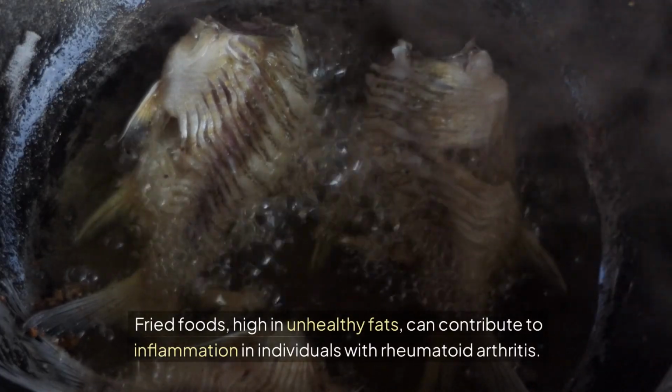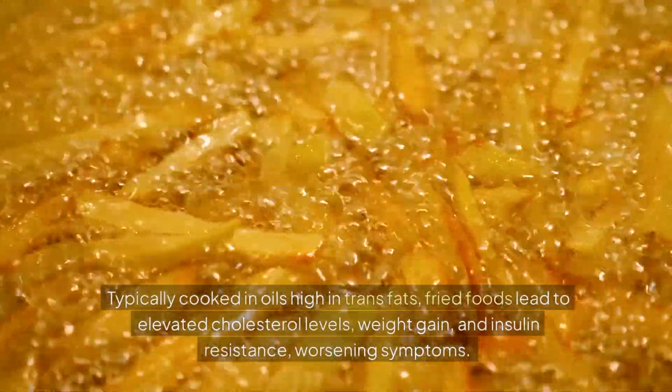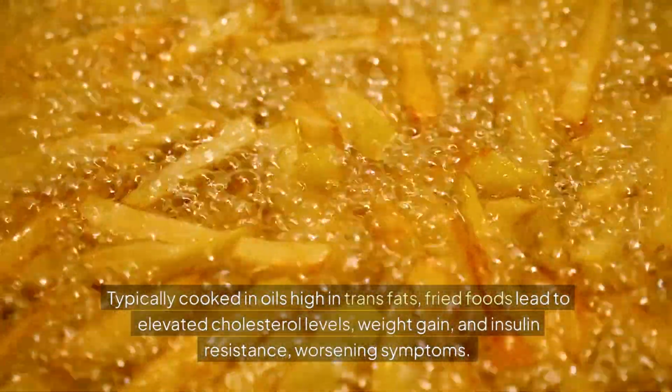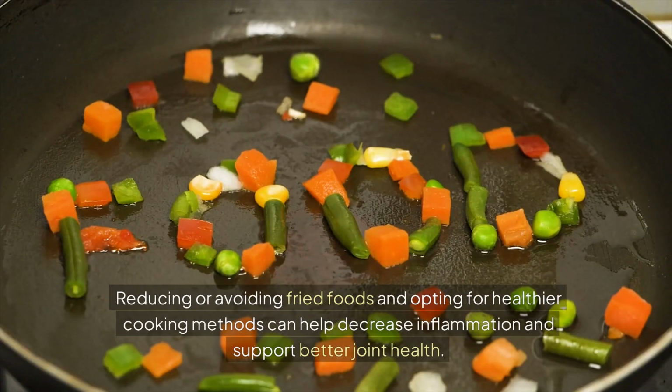Fried foods, high in unhealthy fats, can contribute to inflammation in individuals with rheumatoid arthritis. Typically cooked in oils high in trans fats, fried foods lead to elevated cholesterol levels, weight gain, and insulin resistance, worsening symptoms. Reducing or avoiding fried foods and opting for healthier cooking methods can help decrease inflammation and support better